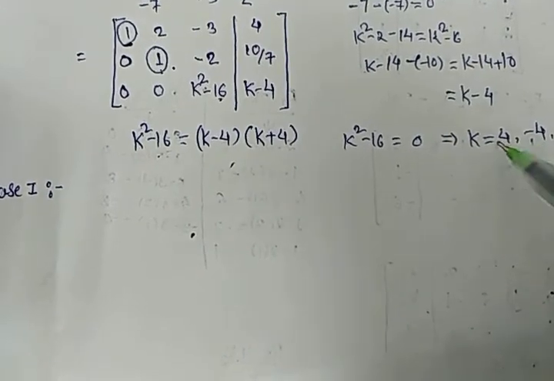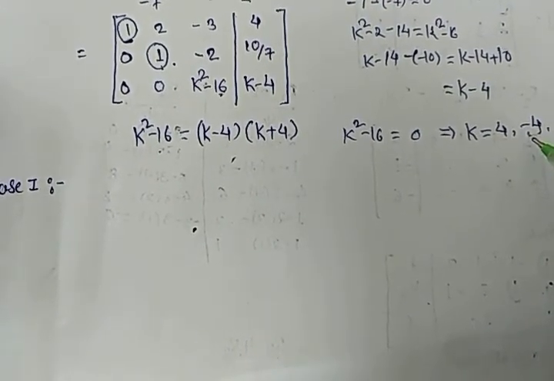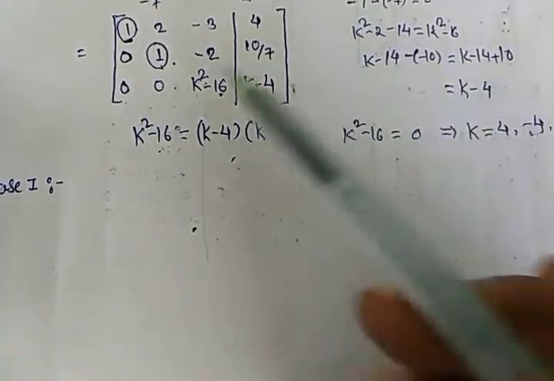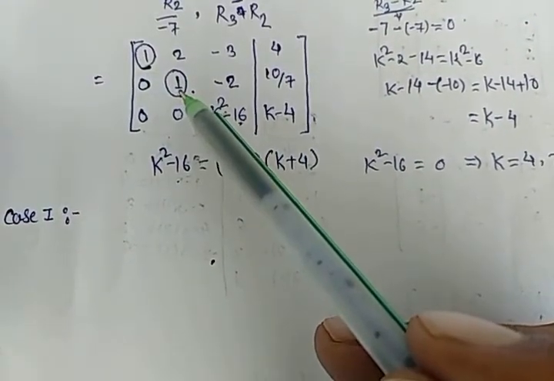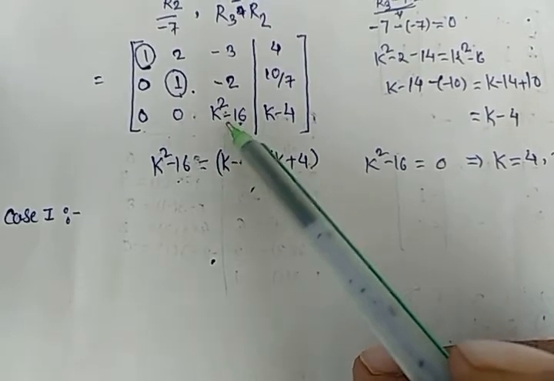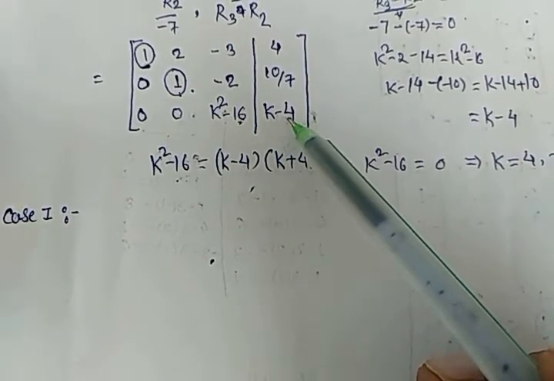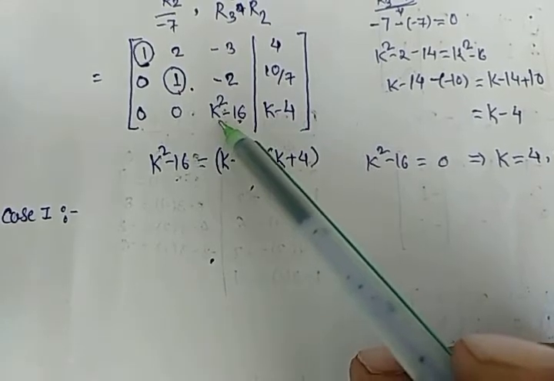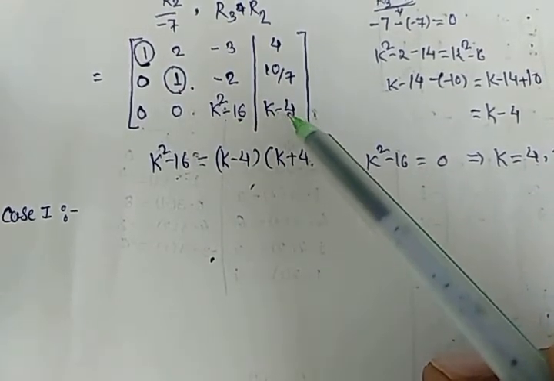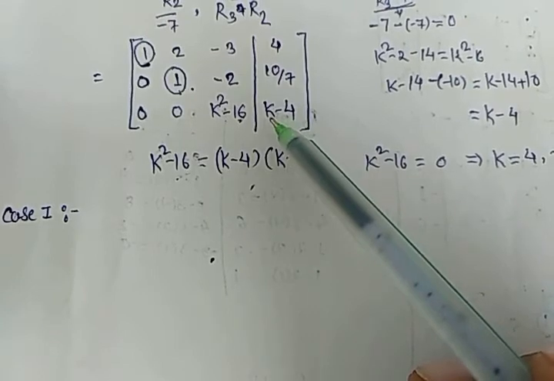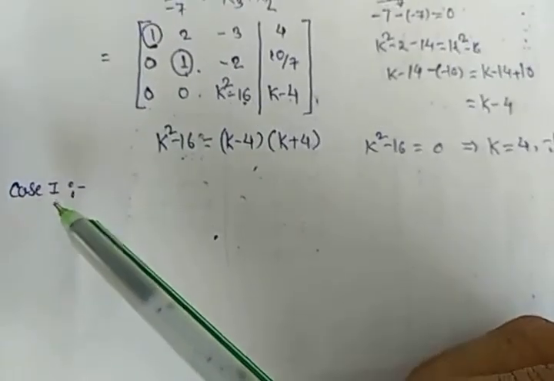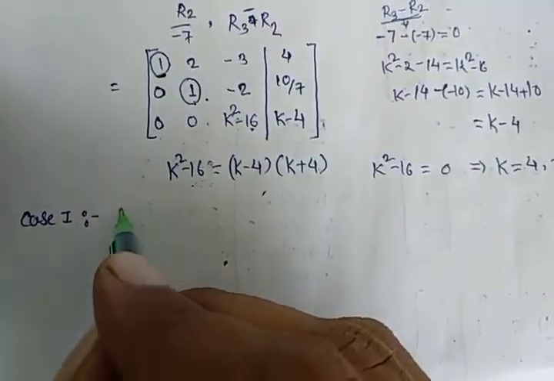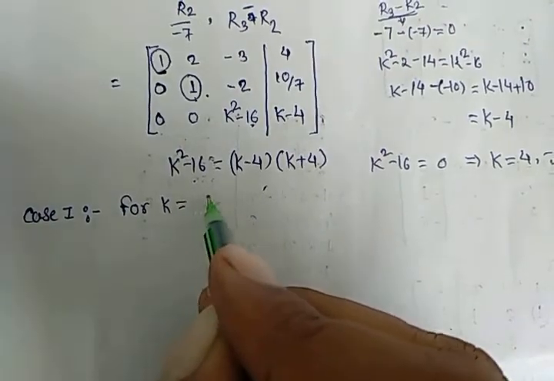Okay, now from this we get two cases. One of them is no solution and the other is infinitely many solutions, because if k square minus 16 is 0, then we have only two leading ones. Okay, and we have to check the right side, the k minus 4 value. If it is 0, then it will be infinitely many solutions. If k minus 4, after putting in k, is non-zero, then it will be no solution. In that, we consider the case first for k is equal to 4.